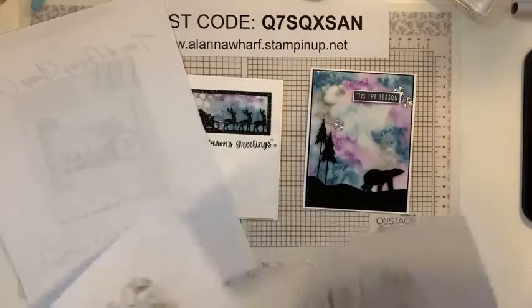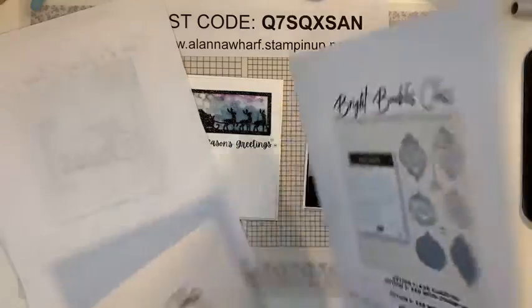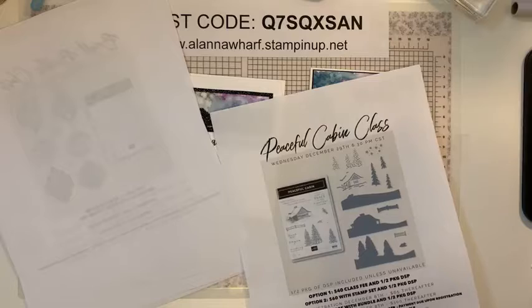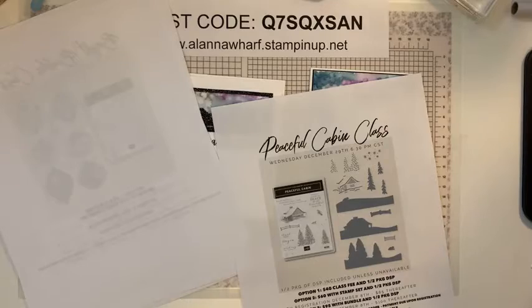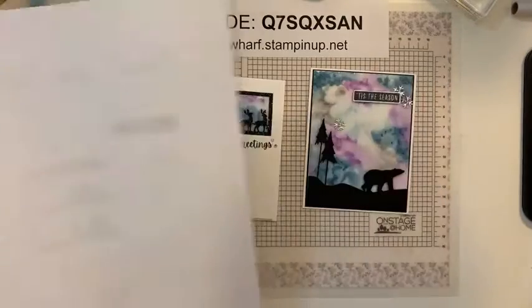And then Bright Baubles is on the 21st. And Peaceful Cabin is on the 29th, so in between Christmas and New Year's. So we will make just winter themed cards. There's still many occasions throughout the winter that you don't necessarily need a Christmas greeting for, so that will be